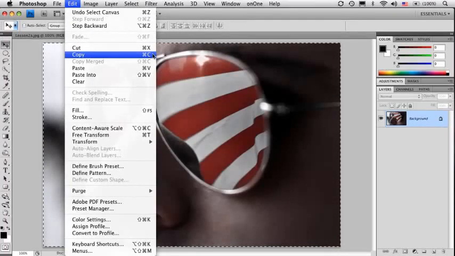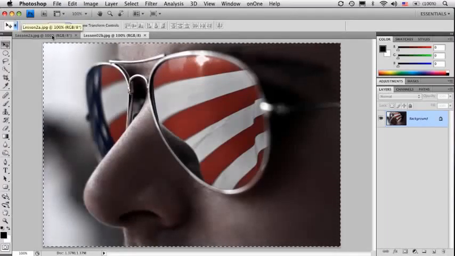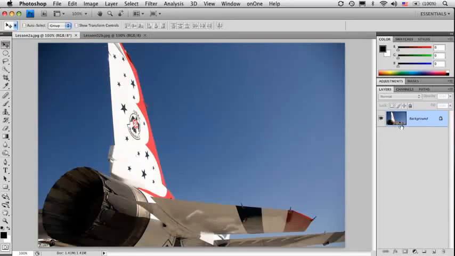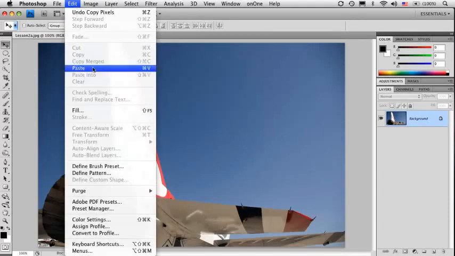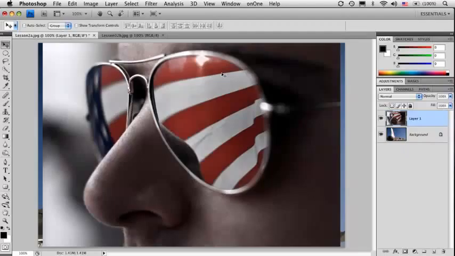I'm going to assume that everybody knows that Command or Control C is the keyboard shortcut for it, and then I'll click on the other image. Notice in my Layers palette I've only got one layer. I'll click inside there, and I'll go down to Edit, Paste, and again, this is the last time I'll do that. I'll assume that everyone knows that Command or Control V is the shortcut. And now look what happened here. We got another layer inside of the Layers palette,